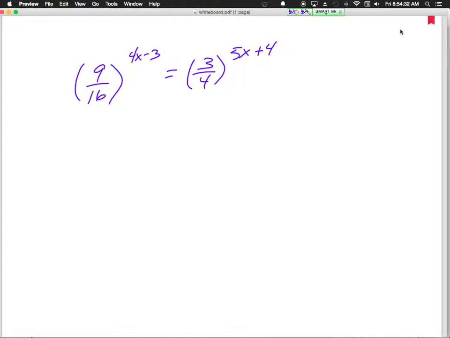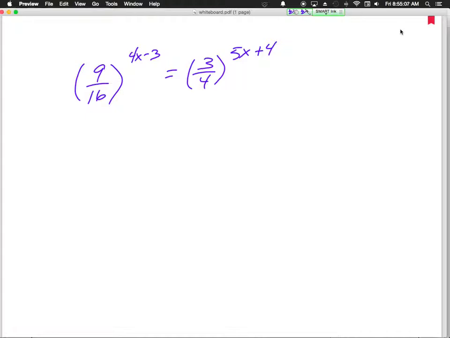Alright, my next one, I have 9 over 16 raised to the 4x minus 3 power equals 3 over 4 raised to the 5x plus 4 power. So we should notice we've got 2 exponential pieces in this exponential equation, which means we want to try to do what? Get the bases the same. So what do our bases need to be? They're not the same. 3 to the 4th